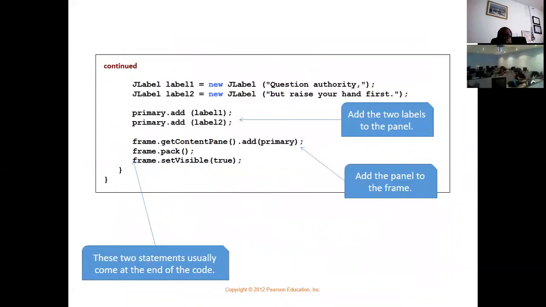Now, to that, we are going to be adding label 1 and label 2. So we create 2 new instances of JLabel and pass a text in there that instantiates it and sets the label to that text. Notice here that we're now adding label 1 and label 2 to the panel. Okay? And then we are now adding